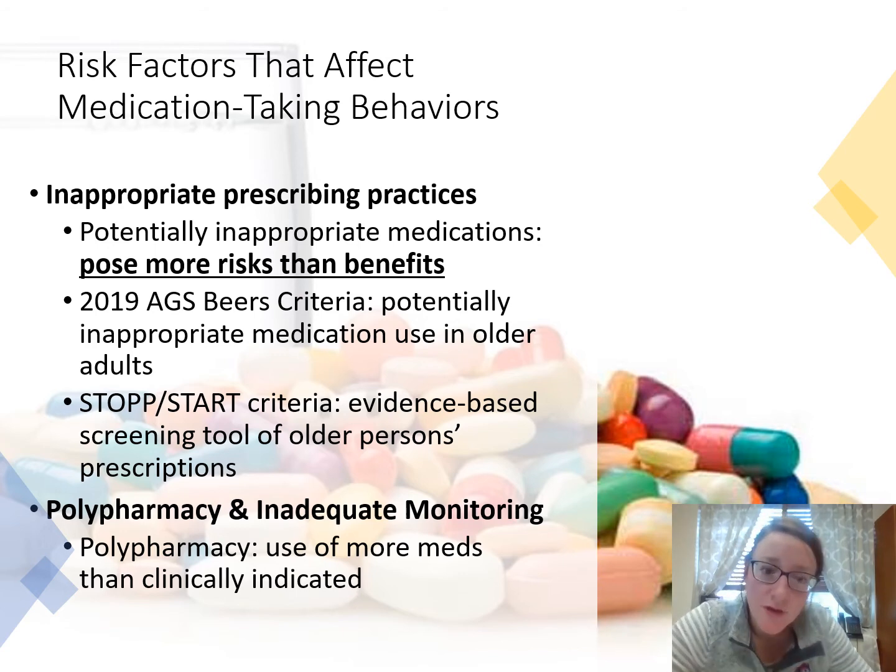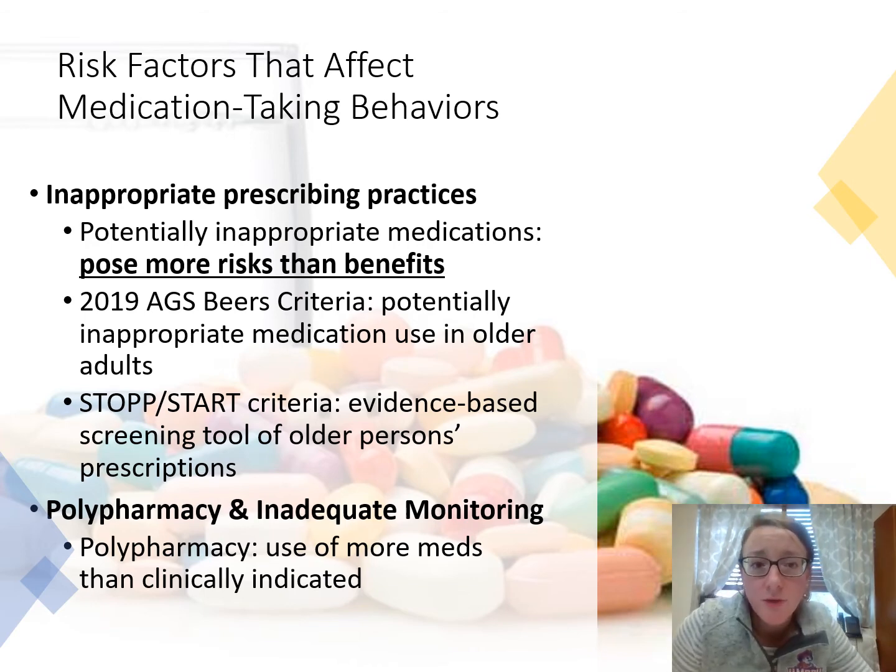The other tool that's evidence-based and really helps the prescribing clinician decide what to start and what to stop when looking at a long list of medications is the stop-start criteria. This came from the Harvard Institute for Geriatric Nursing. It can be used in conjunction with the Beers criteria, but it's just another guide. In addition to telling a prescriber to stop a medication, the start part, which is different from the Beers criteria, will identify drugs that maybe should be used instead.